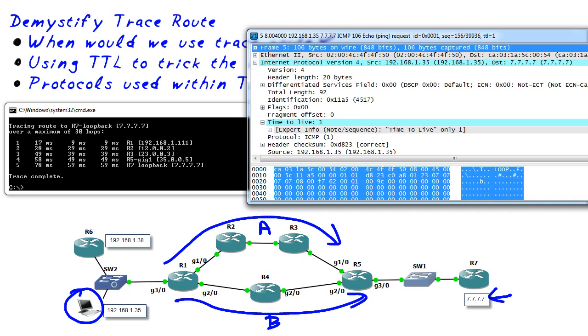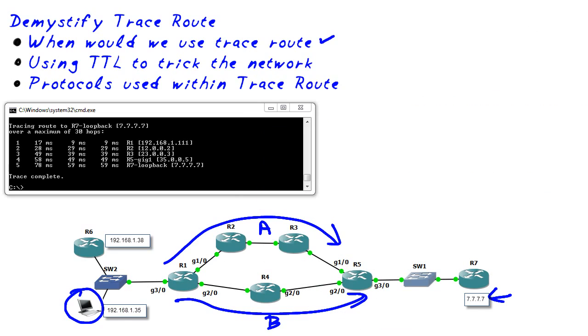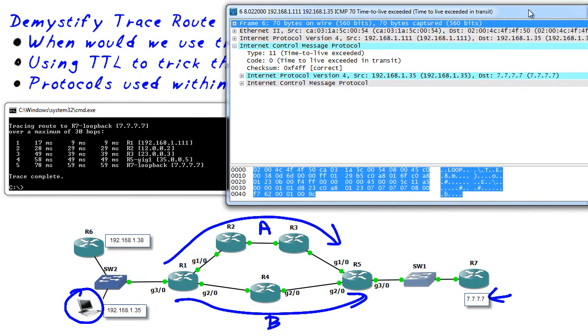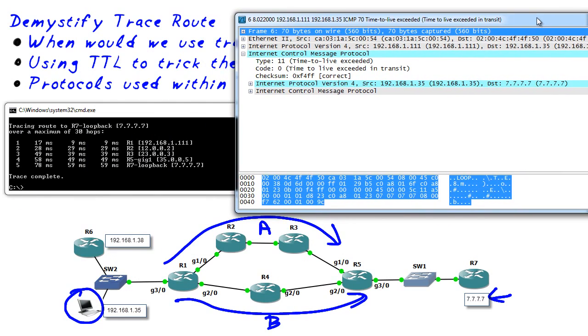R1 is going to notify us that it dropped our packet. And here's what that message would look like. It's going to be a TTL exceeded message. So this is from the router at 1.111 to us at 1.35. And in the content, it's an ICMP message saying time to live exceeded. This is the reason I effectively dropped your packet. And that, my friends, is how we know who the first hop is in the network,